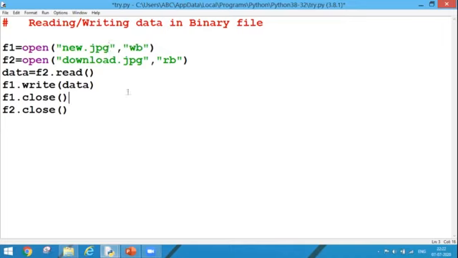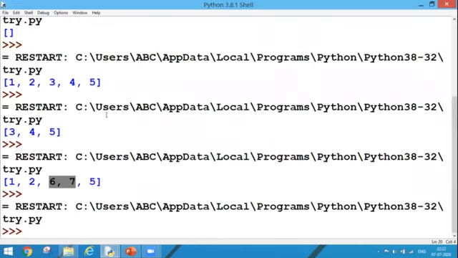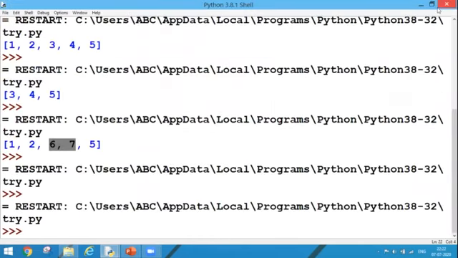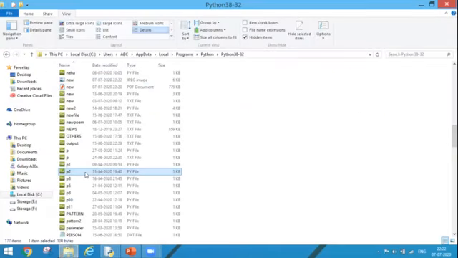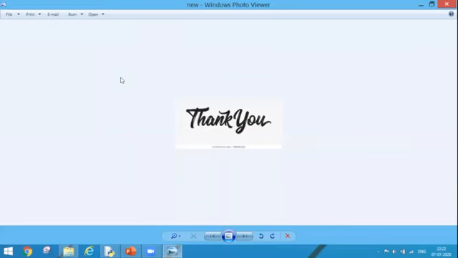So I have created multiple files by the name new, but their extensions are different, like txt, dat, jpg, or pdf. And extension matters actually. So F5, nothing will be printed because I have not given any print statement, but in my file folder, as you can see, this new .jpg has been created, and if I open it, it will show you one image with thank you note. So let's move on.